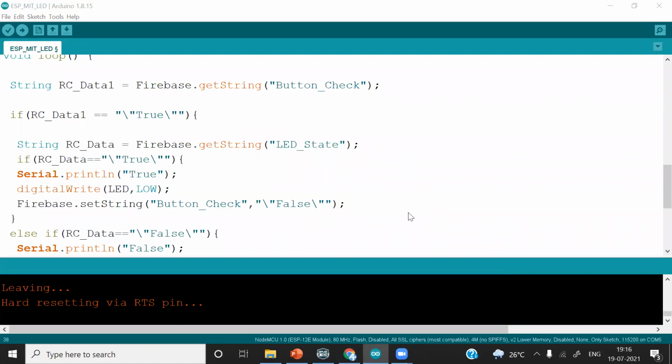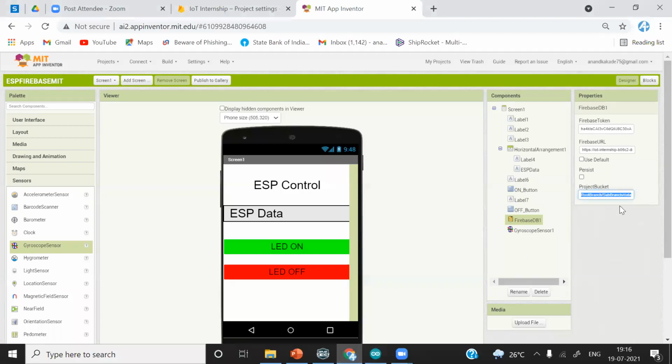Suppose the first value from the sub branch. That's why I have told you the app can only operate in one level. Your app has access to only one level. You cannot operate in multiple levels because there are no multiple buckets available. You can see that no multiple buckets are available here. Only one project bucket is there. You will not be able to read the values simply.